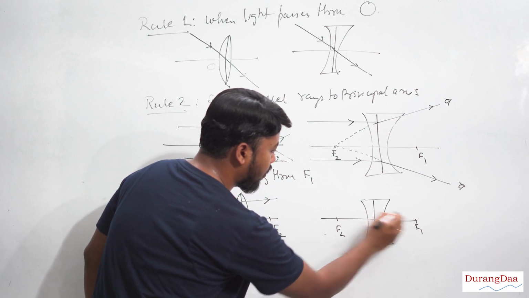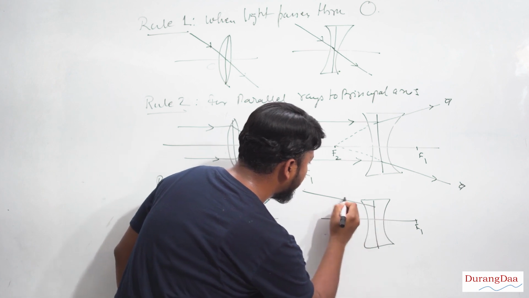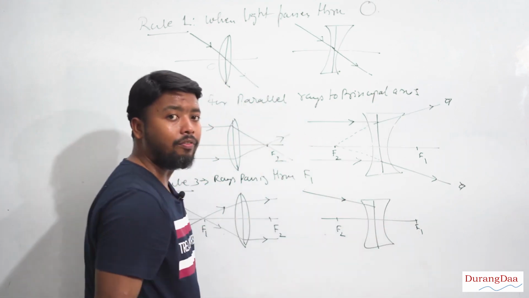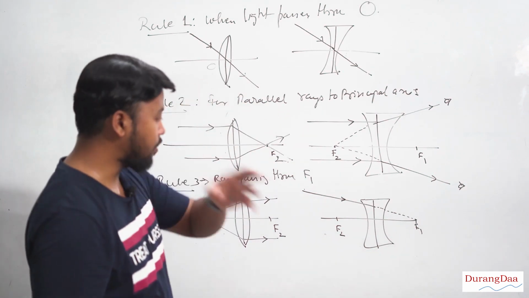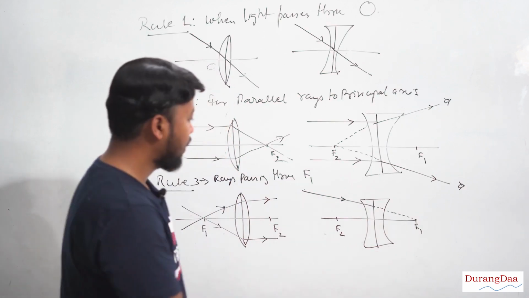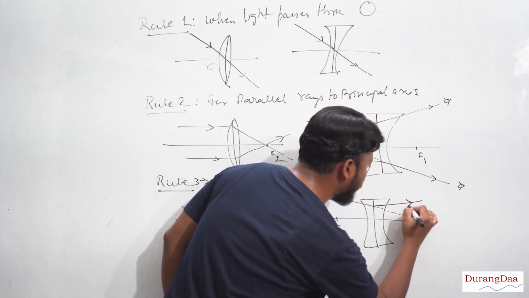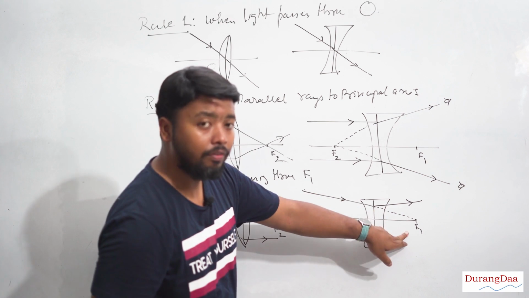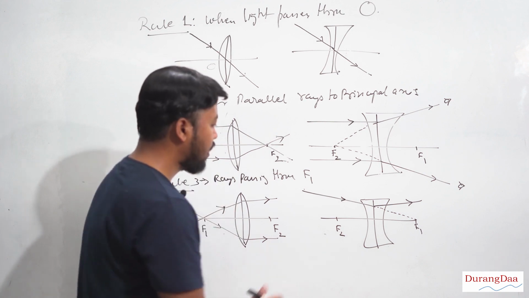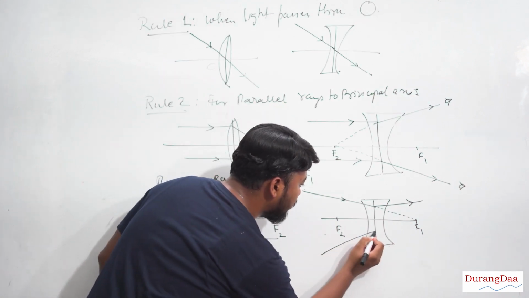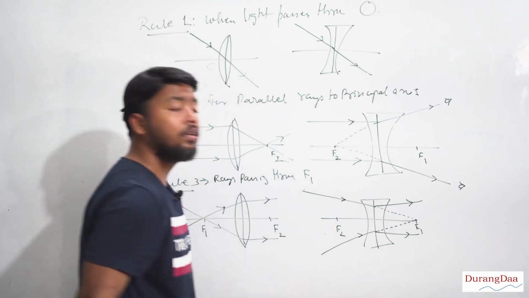We can't just draw a light ray entering F1 here. So we will draw one such ray that is targeted towards the point F1. This is targeted towards the point F1. So after refraction, because it was targeted towards F1, the third rule states that after refraction it has to be parallel to the principal axis. It will not actually pass through F1, but if it was targeted towards F1, it will become parallel after refraction. If I am drawing it this way also, suppose this ray was targeted towards F1, after refraction it will become parallel to the principal axis.